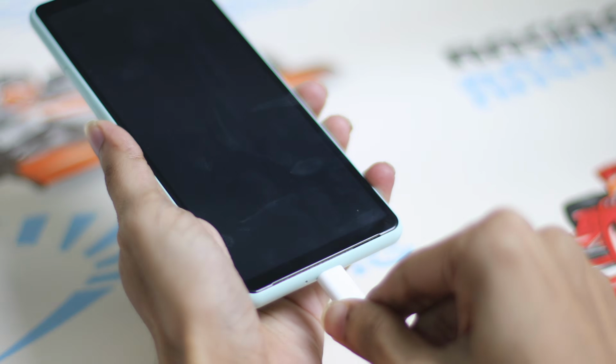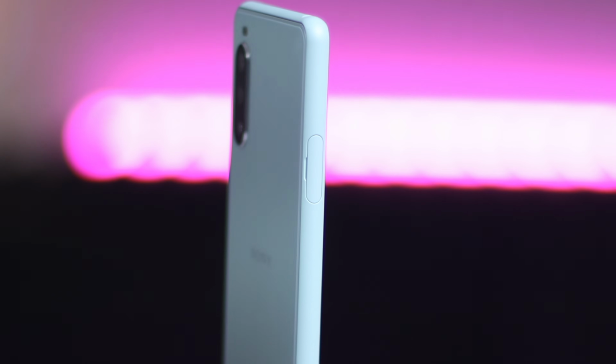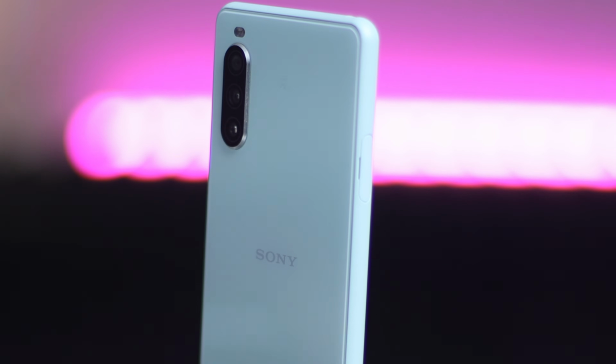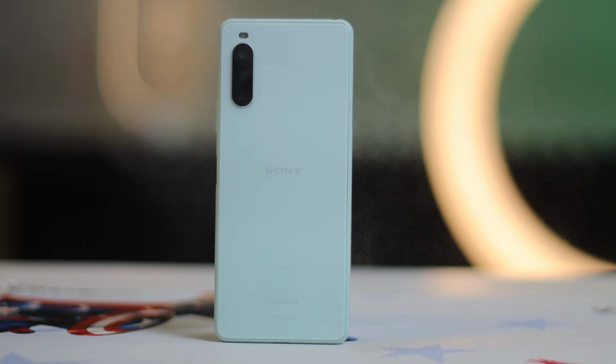With a 3600 mAh of battery, the Xperia 10 Mark II keeps you powered throughout the day. And when it's time to recharge, the device supports fast charging, so you can quickly get back to enjoying your Xperia experience. Additionally, the Xperia 10 Mark II is equipped with IP65 and 68 water and dust resistance, giving you